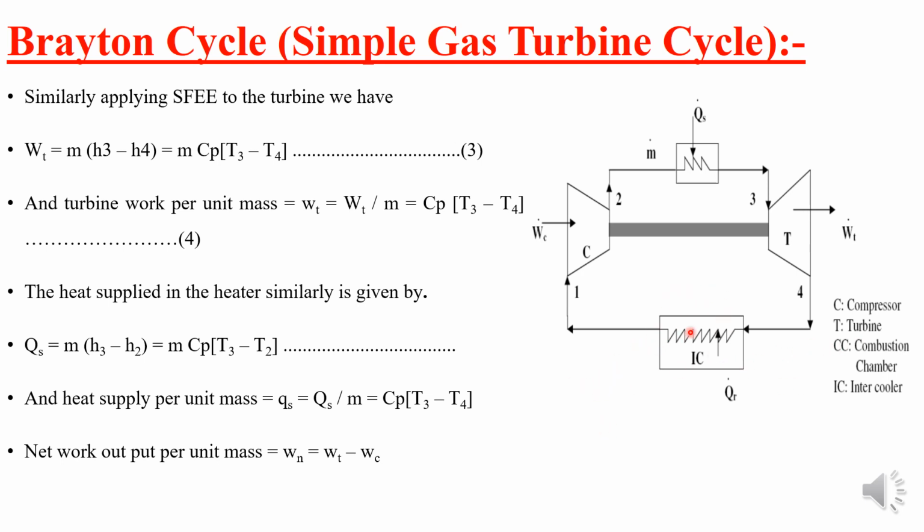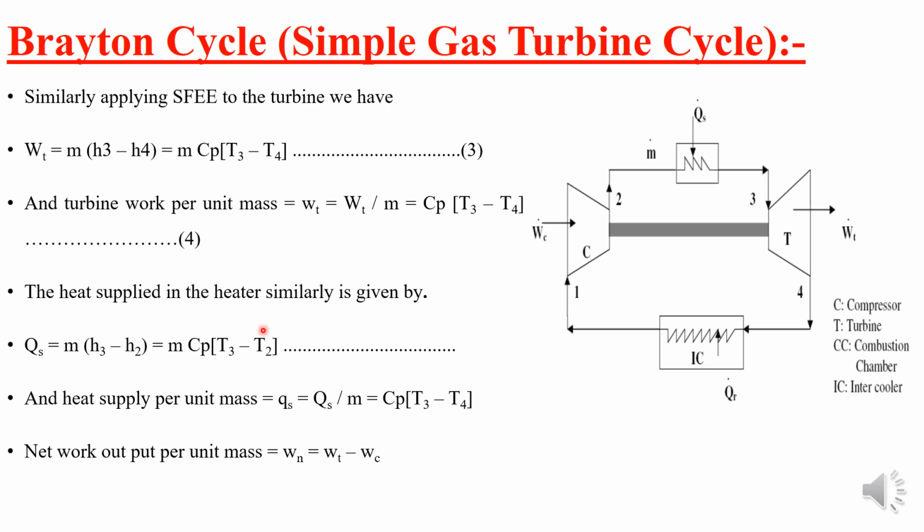So QR will be M into H4 minus M into H1, or M into (H4 minus H1). Again you can write that in terms of temperature, so we will get M into Cp into (T4 minus T1). So that is the expression you will get for a